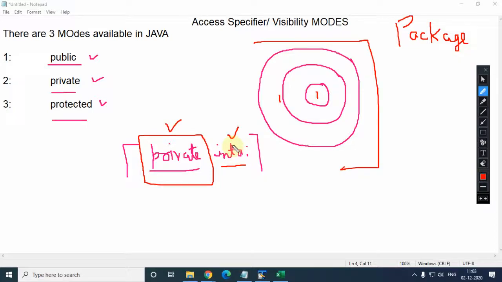These things, public, private and protected, we use in case of inheritance, which we will do in class 12. And here we have studied only the concept.